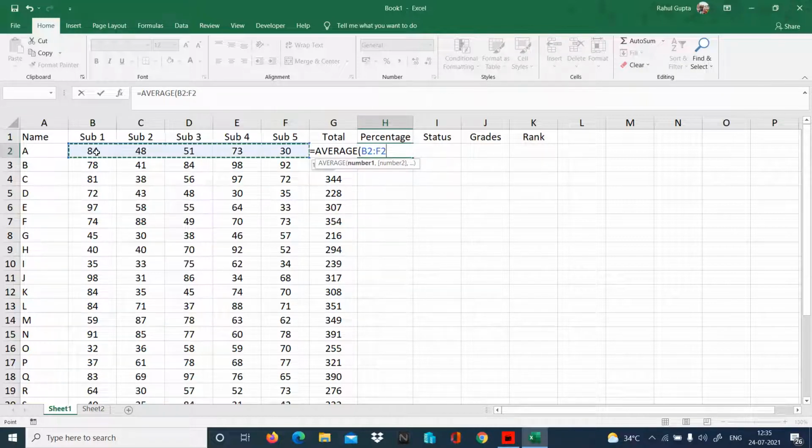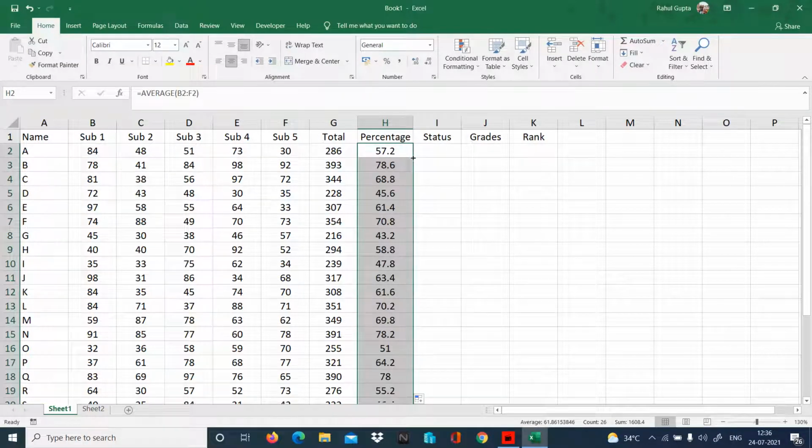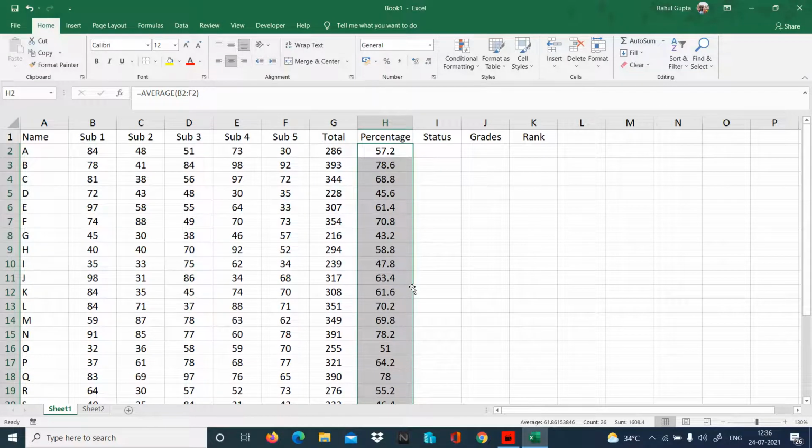So I'll select all these 5. So it is equal to AVERAGE B2 colon F2. It's going to give me the average of these values. I got 57.2. Let's drag, and we got it in all of them. But as it is written percentage, we require the percentage to be there.